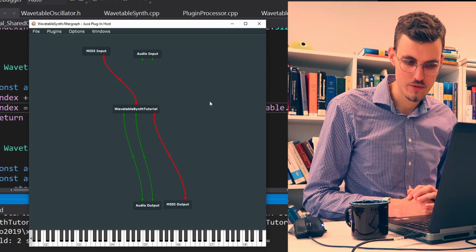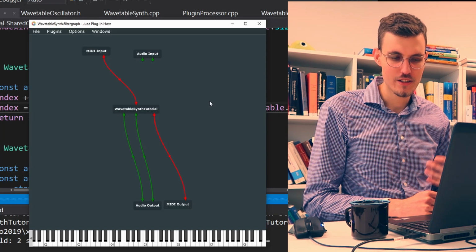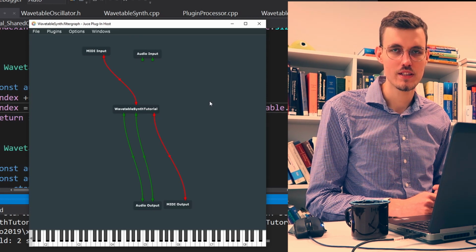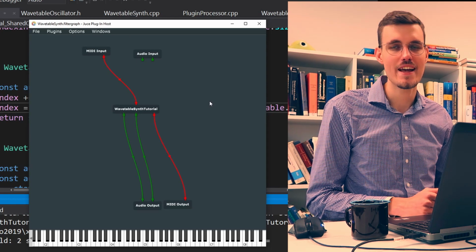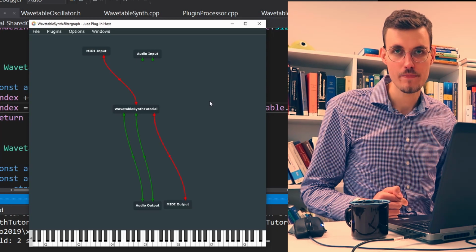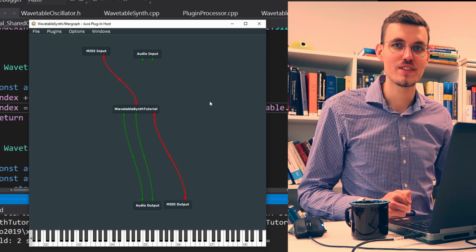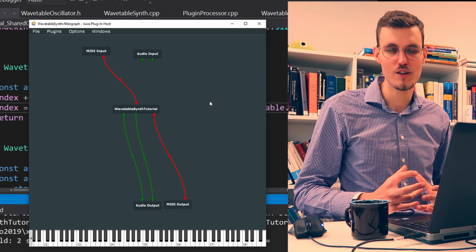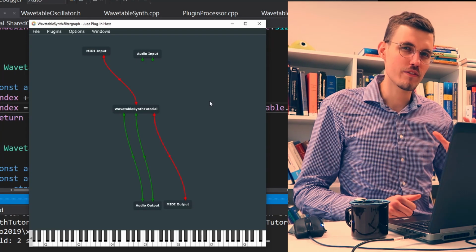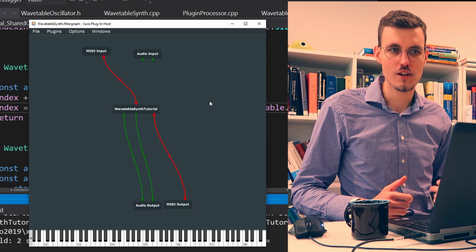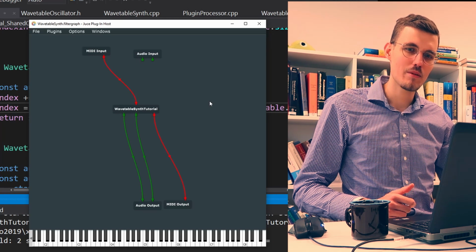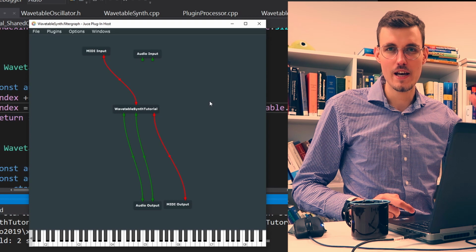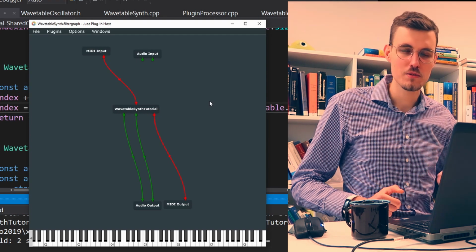One thing that you may observe here is that our Wavetable synthesizer has a click when we press a note or release one. And this is related to the lack of the fade in and the fade out after pressing the key. And this also could be a topic of another video, because we could already introduce the concept of amplitude envelope. If you want to make this work fast, then you just need to write a code that takes the samples after pressing a key for, let's say, 1,000 samples from the minimum volume, so 0, to the maximum